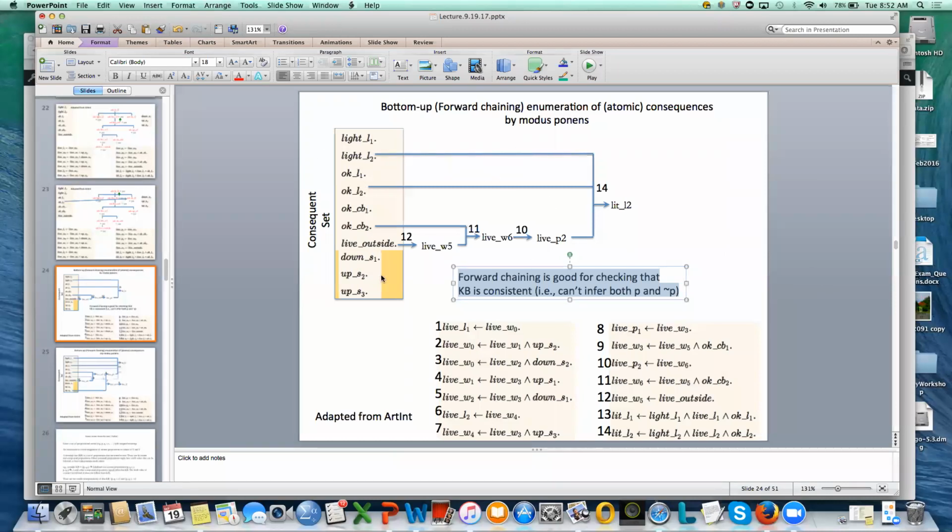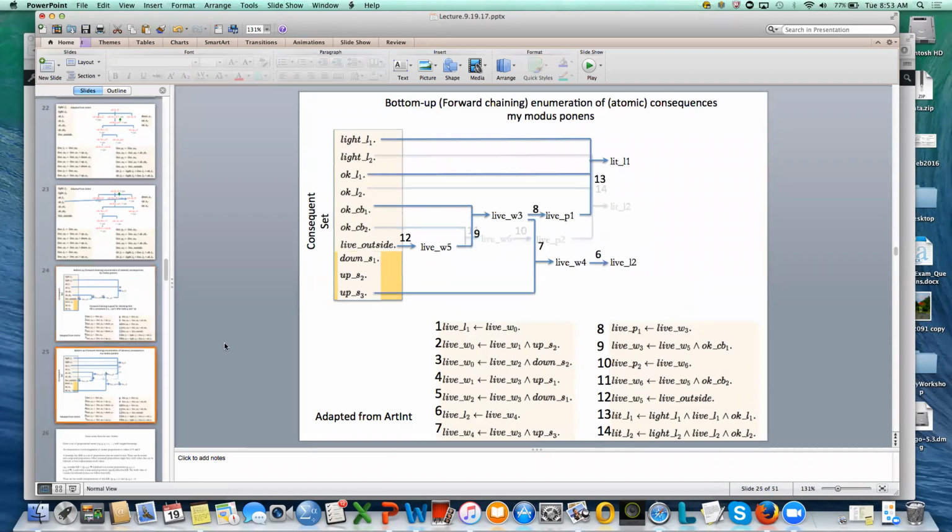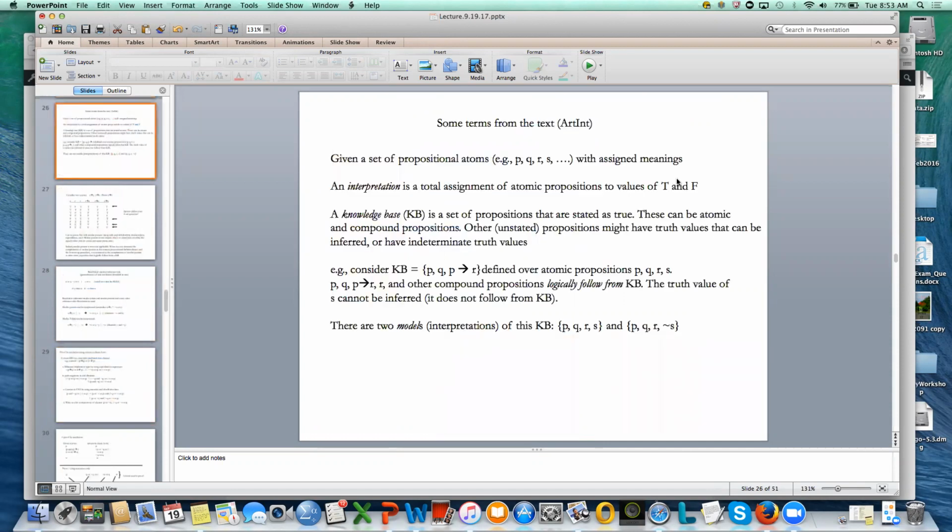So you might actually do a forward search looking for cycles, but not just cycles of identical propositions, but a more abstract cycle that looks for both a proposition and its contradiction. Okay, so it can be good for checking the knowledge base. This just continues the example of the forward search, looking at still other ways of applying the rules to the set. You can follow this later. But again, all of this involves modus ponens. The book